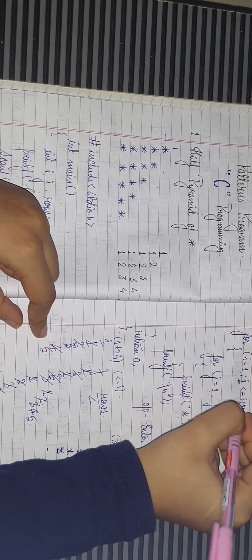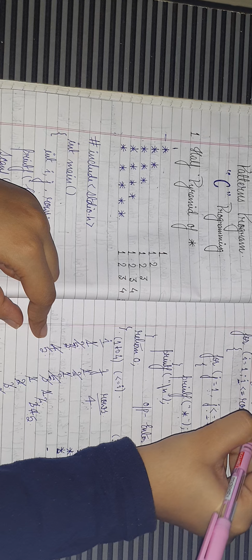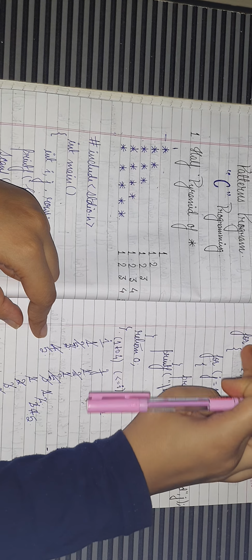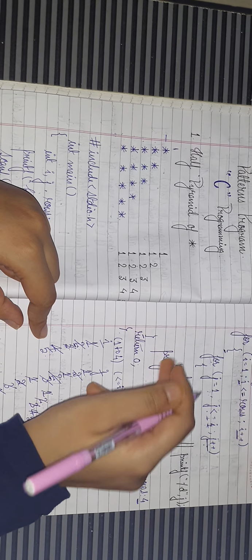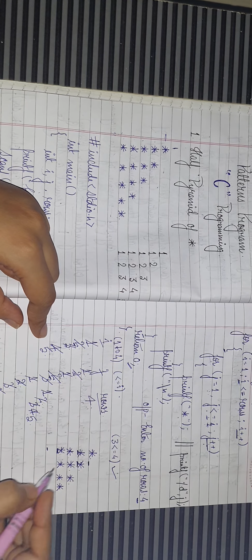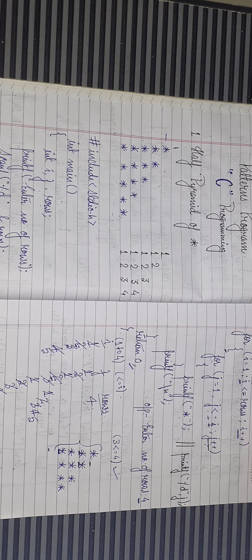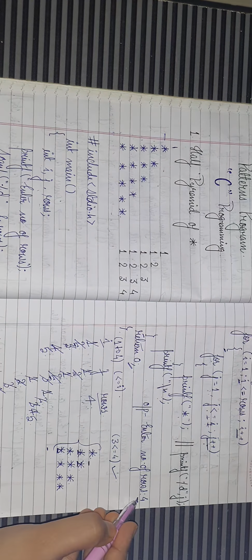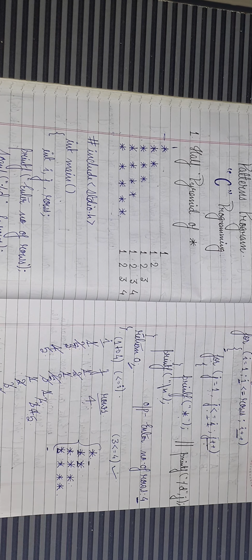So now we will check the condition, that is 5 is less than or equal to 4. The condition is false, so it will directly come out of this for loop. So opening is here and closing is here. It will come out and return 0, and this will be printed. So our output came. Because we have given the number of rows equals 4, that's why the 4 rows are printed.